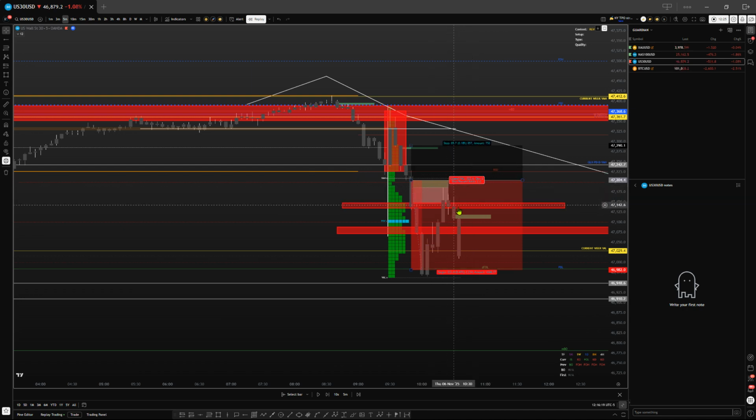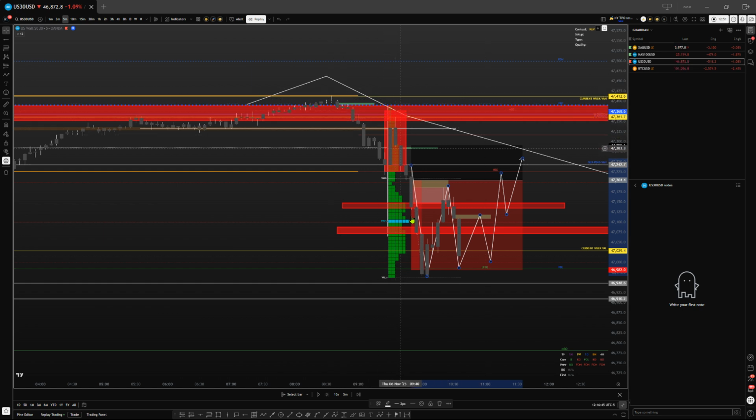Because at this point, if it comes back up again, then the likelihood is we are going to see a day of chop because we've done the previous day low. As you can see, it's a fake out low. That means bulls are back in competing, and this is a barroom brawl that I don't want to be involved in. So I'd rather just get out at break even, call it a day, journal, and for my next